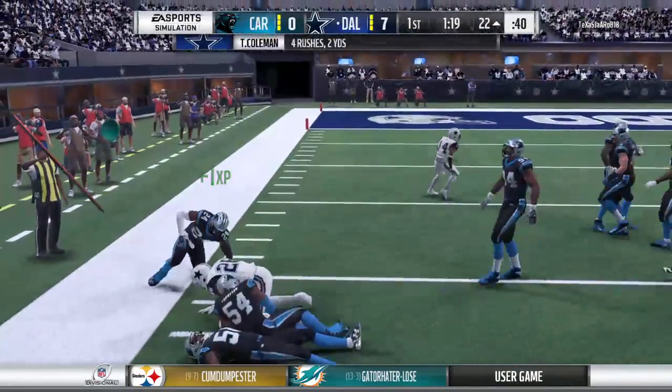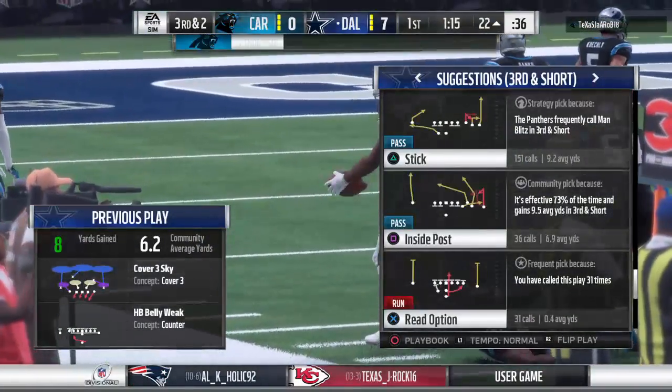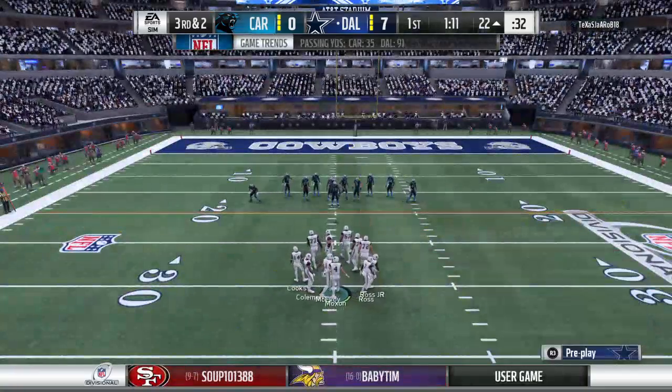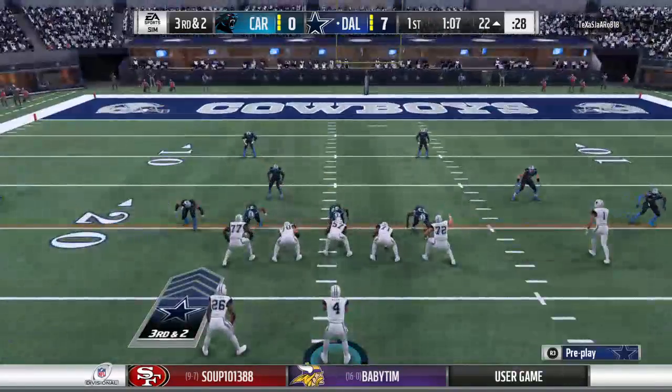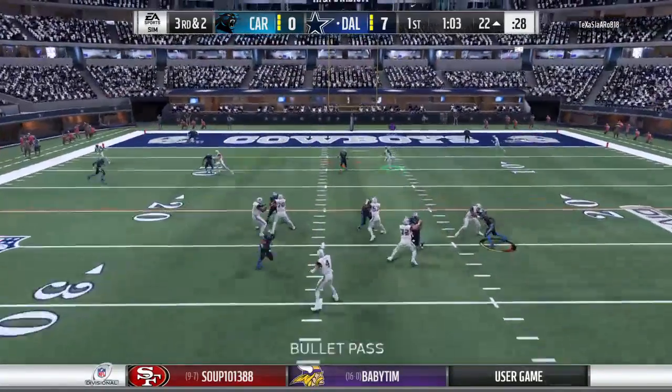Down to about the 22 here. A nice job to get 8 there after the incompletion, and now they'll look at a 3rd and 2 coming up. Playing against a 3-4 front is really challenging for offensive linemen because they can do so many different things. But when you're running the football, if you can handle the nose tackle up front, and it may be a...